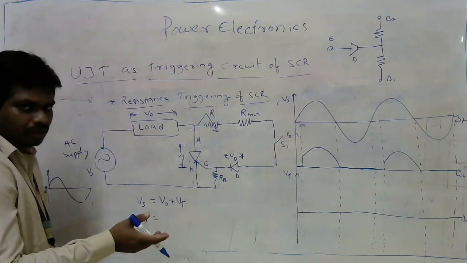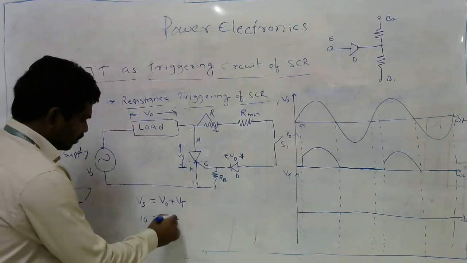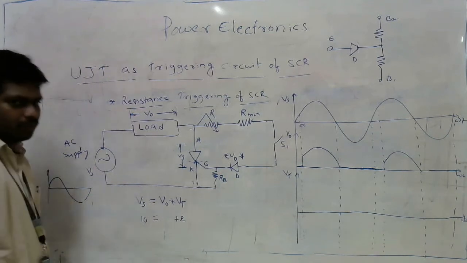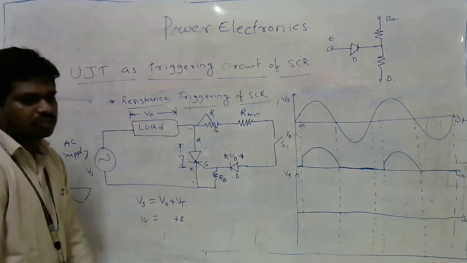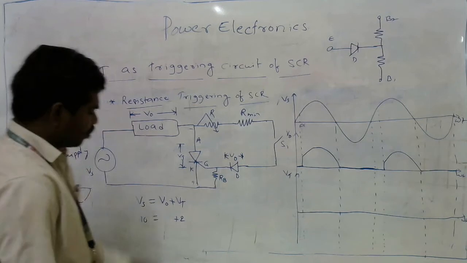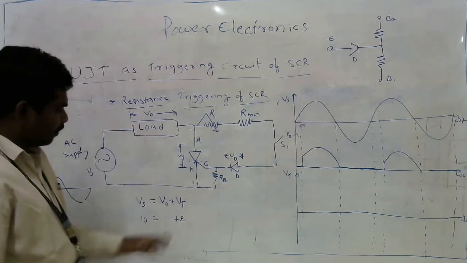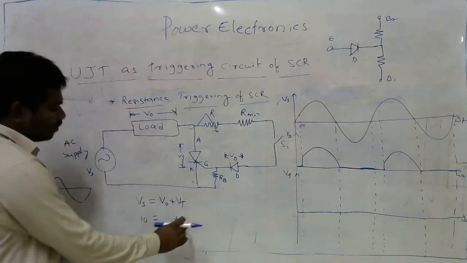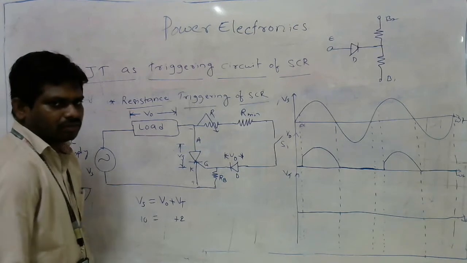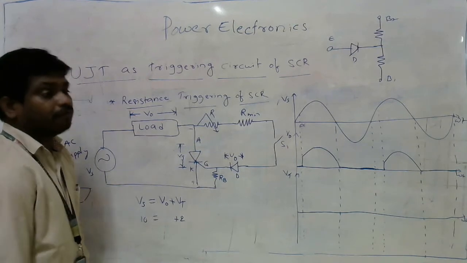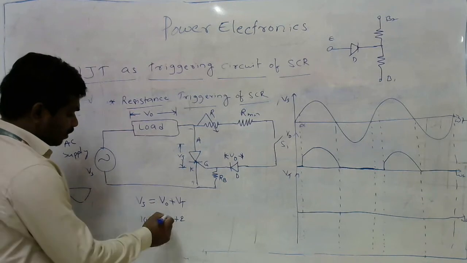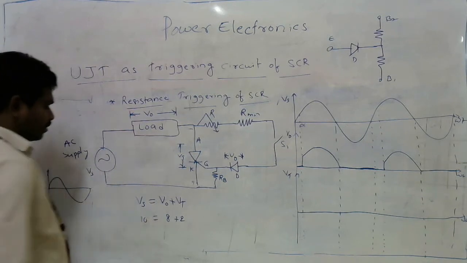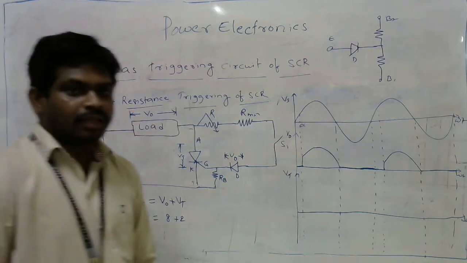Before alpha, there is around a 2 volt drop. For example, I am not taking exactly 2 volts; exactly 2 volts drop might not be there across the thyristor. Just for example purposes, I am telling this. Suppose a 2 volt drop is there across the thyristor before it is fired on. After it is fired on, the remaining 8 volts is available across the load.